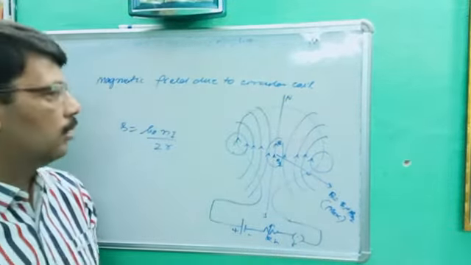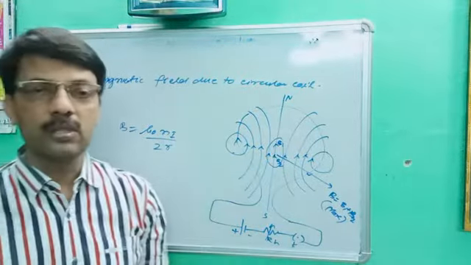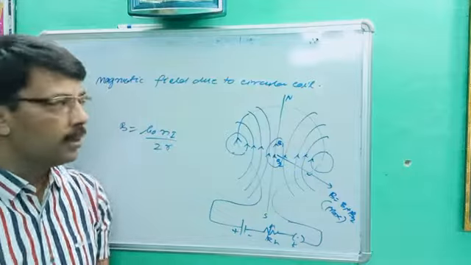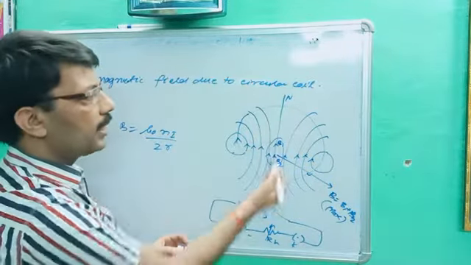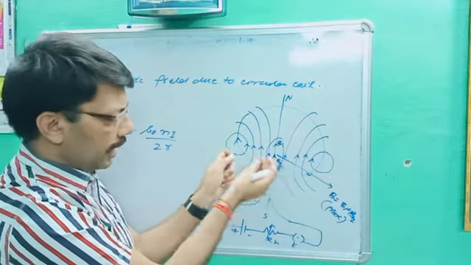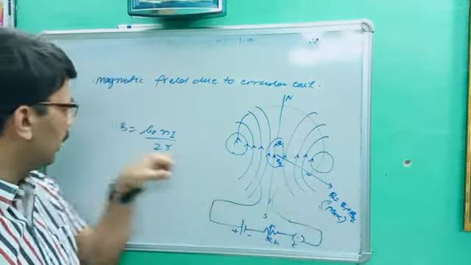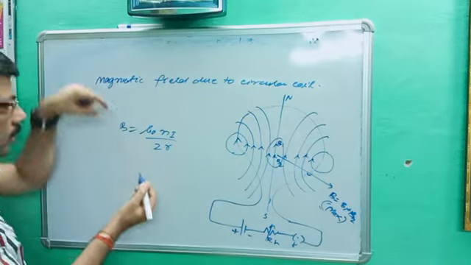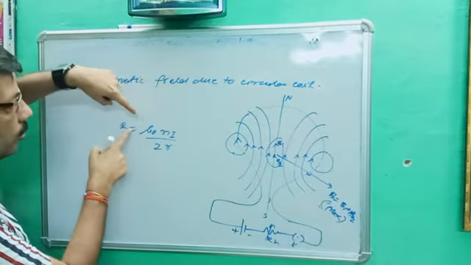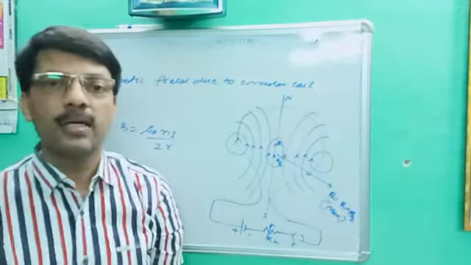Once again, as we move from the wire to the center, the magnetic lines of force turn flatter and flatter, and at the midpoint we get a straight line. In the straight line, the magnetic fields assist each other. That's why the magnetic field will be maximum, and at the center you should know that the magnetic field will be B equal to mu naught N I upon 2R. In a long straight wire it was mu naught I upon 2 pi R.